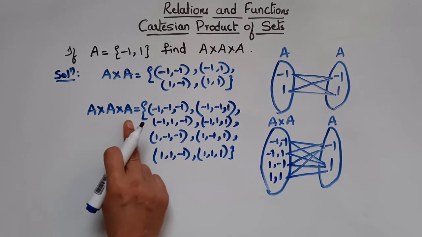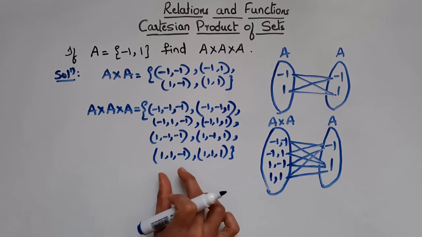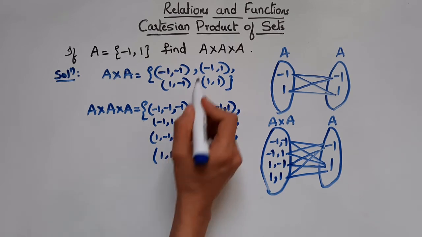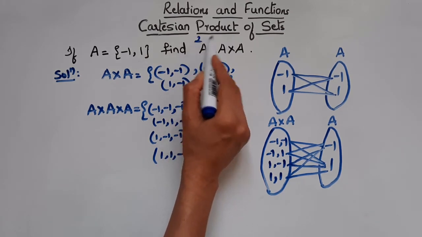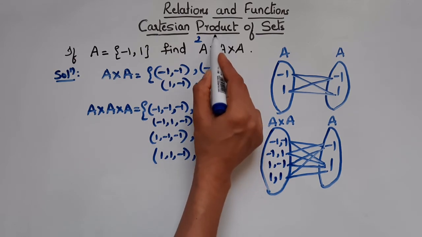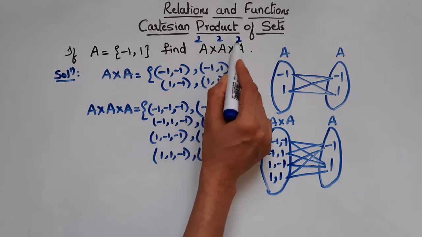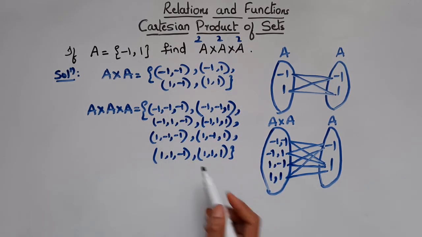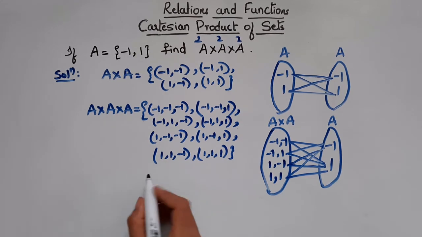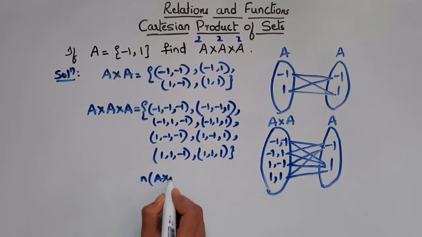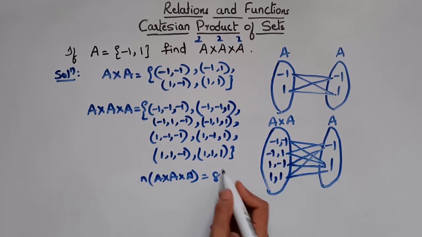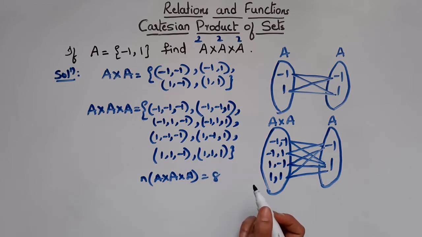So therefore A cross A cross A is this set which contains ordered triplets. So if you want to cross check whether you have written all the triplets or not, for that you can check how many elements are there in set A: 2. Number of elements in set B, here also 2, so into 2. So we know 2 into 2 into 2, 2 2s are 4, 4 2s are 8. So 8 ordered triplets, 1, 2, 3, 4, 5, 6, 7, 8. So we have 8 ordered triplets. So therefore number of elements in A cross A cross A is 8, right? So this is how you can check whether you have written all the triplets or not. Now let's move on to the next problem, but before that pause the video and note this down.